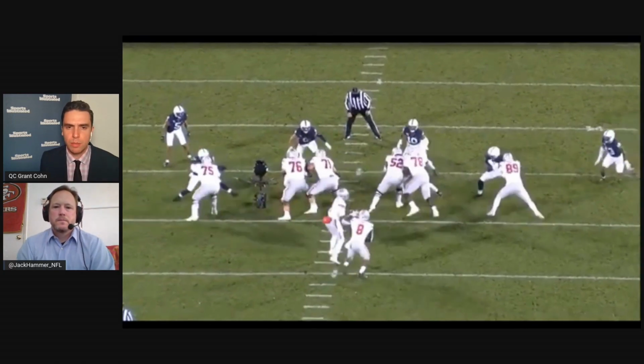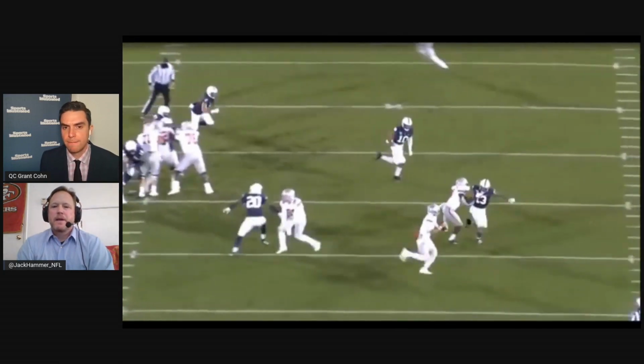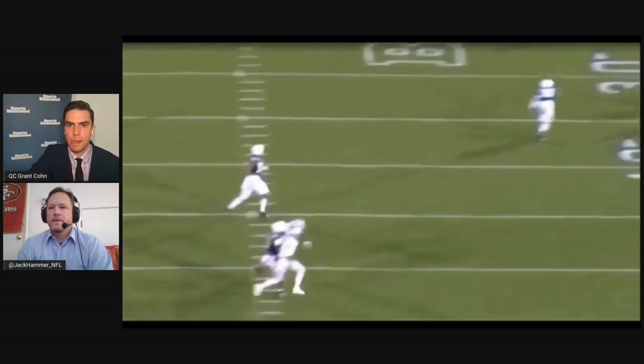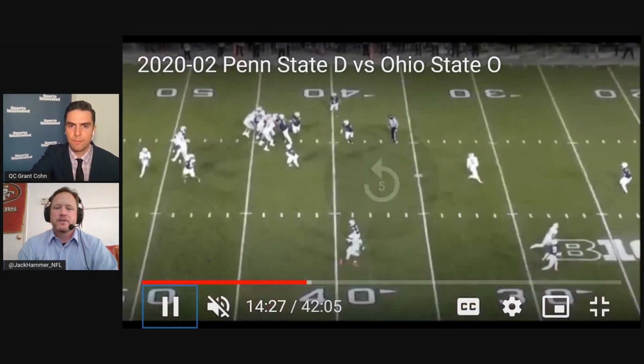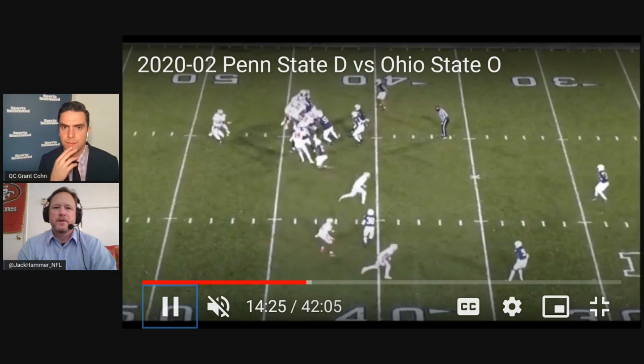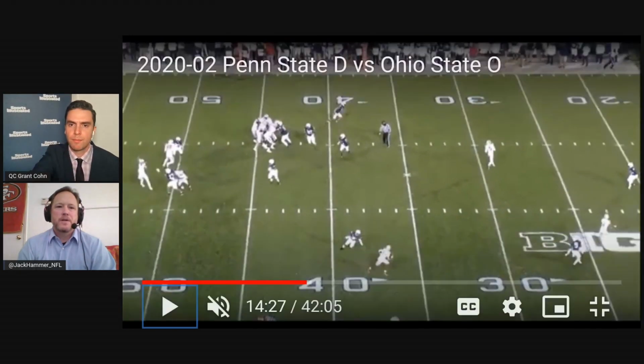Look at this one play and tell me that Mac Jones can do this, because he can't. No, he can't. But now jump back to the all-22 really quick, and then let's watch it from the end zone because I want to point out one other thing on this play, because that is a nice throw. That's a nice little pitch and catch. But he has a guy open for a touchdown if he just pauses. He's got number 5 running wide open if he just stops right here and throws it, but he doesn't see